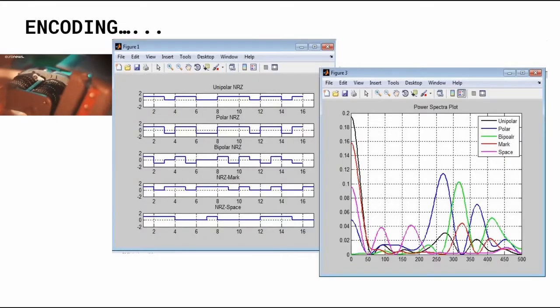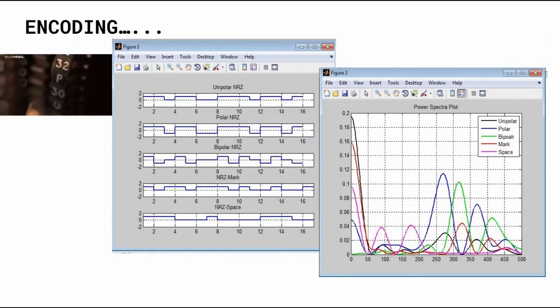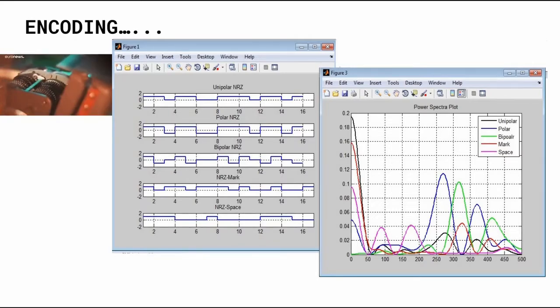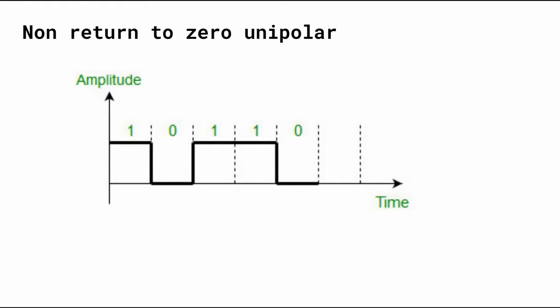Coming to the encoding, an encoder translates a quantized sample into a digital code word. As you know, binary consists of 0 and 1. Each digital word consists of n bits. You know that digits are just abstraction. We need a way to describe the message information in the form of an electrical waveform, that is, the binary digits into an electrical waveform. The two important representations of binary digits by electrical waveform are non-return to 0 unipolar and non-return to 0 polar.